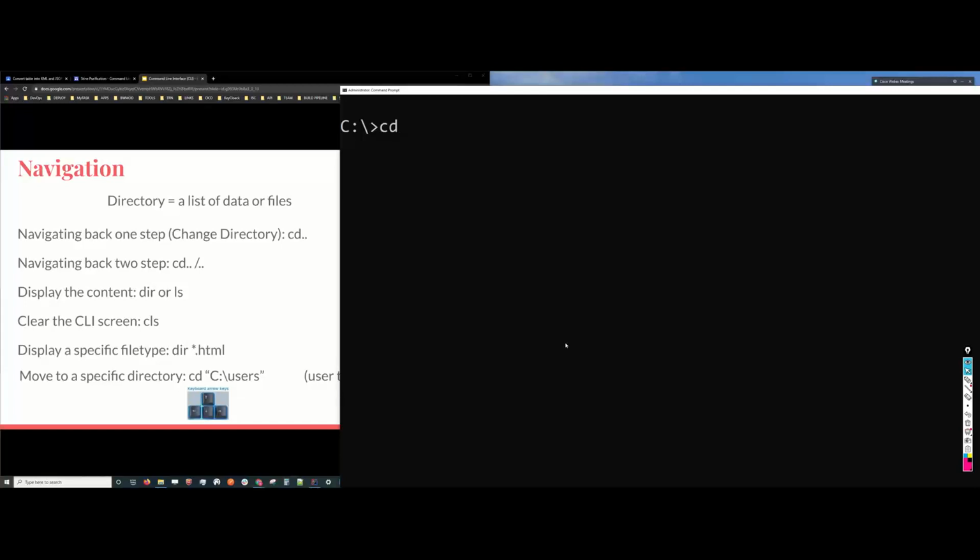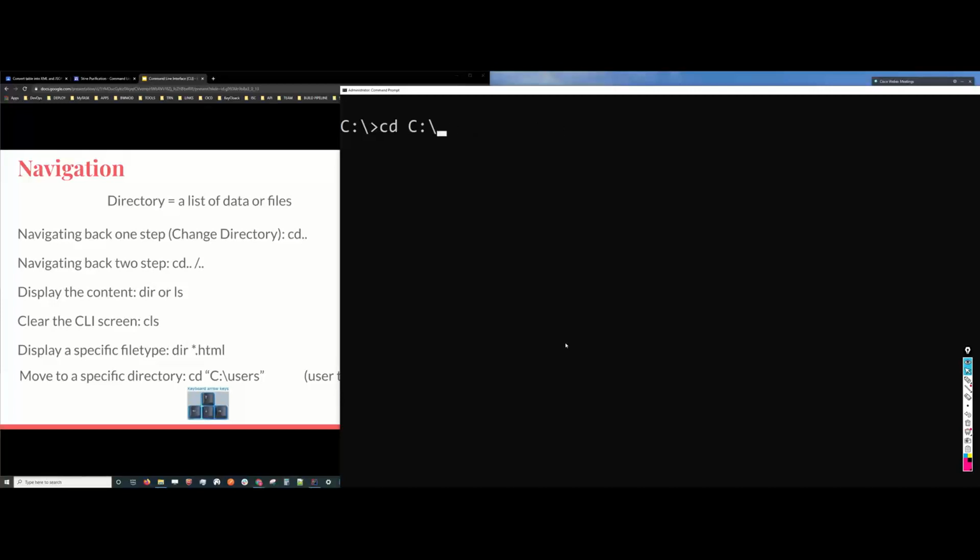I mean, I don't want to be here. Change it. You can say dot dot to go back, but there's no more going back here. This is the end of the road. You could say space and type in where you want to go to. So you could say C:\